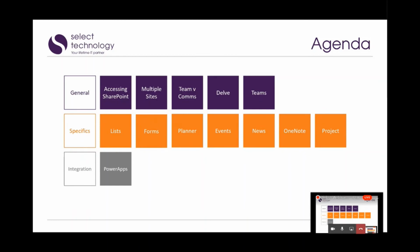Forms, if you've got structured data, you don't get too complicated with forms, 5, 6, 7 questions at most. But if you've got some fairly simple, structured, repetitive information that you want to gather over time, you can embed that in. Planner, we've talked about to death. Events, really useful for just making sure that everybody understands key dates in your project timelines, and then publishing news for like intranet type format to make sure that everybody's up to date. All of that embedded all in one place to go that does everything, where historically probably